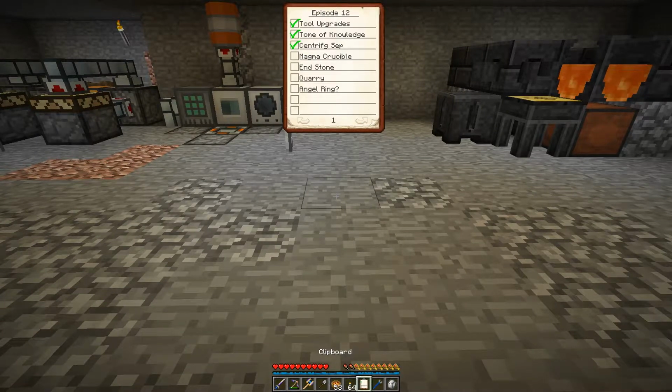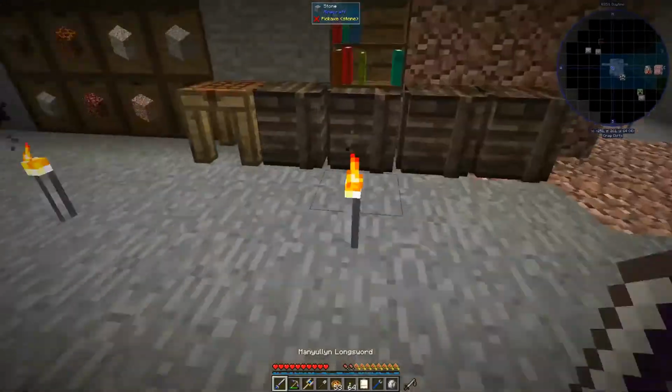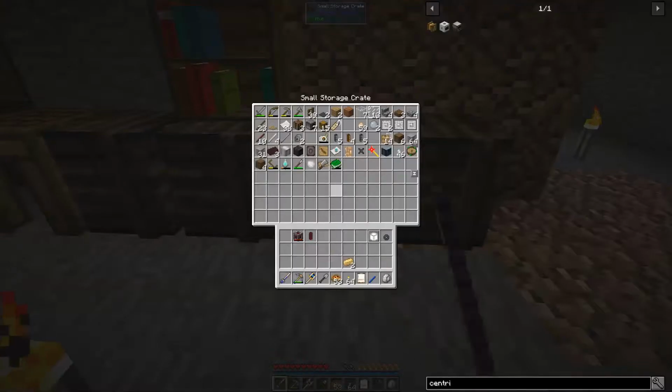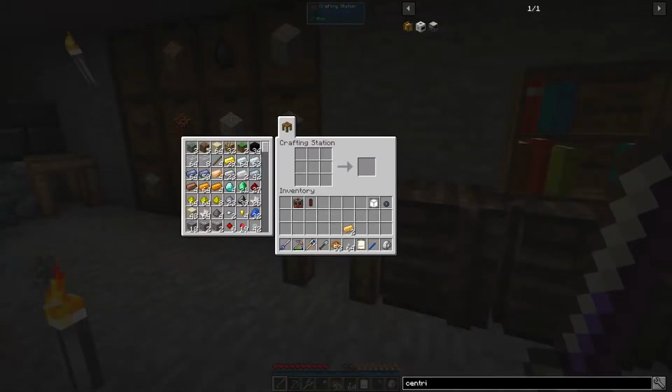Alright, so the next block in the list is the Magma Crucible. And this is going to be very nice because I am actually running low on ender pearls. And so we're going to do a couple of steps here to actually get us ender pearls as we're out and about. It's going to be passively producing ender pearls for us. So we want to make a Magma Crucible,